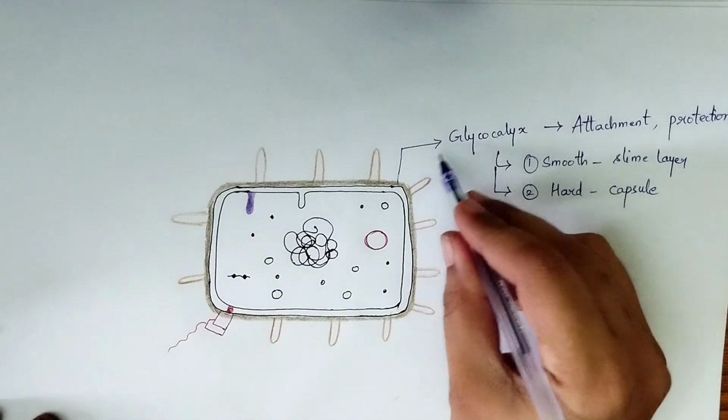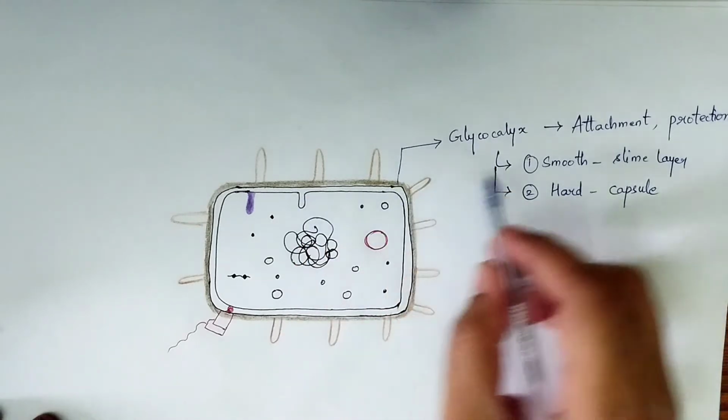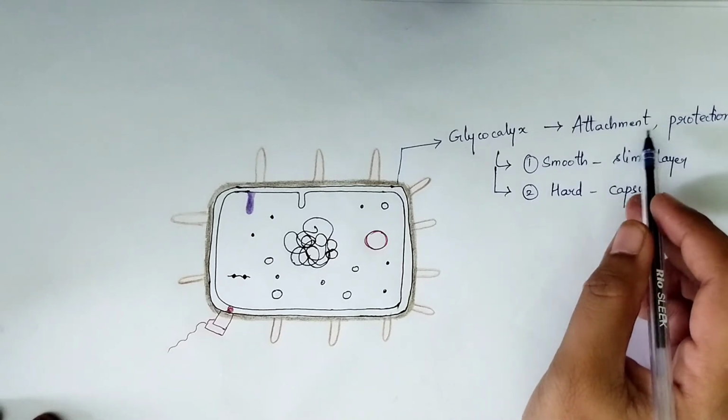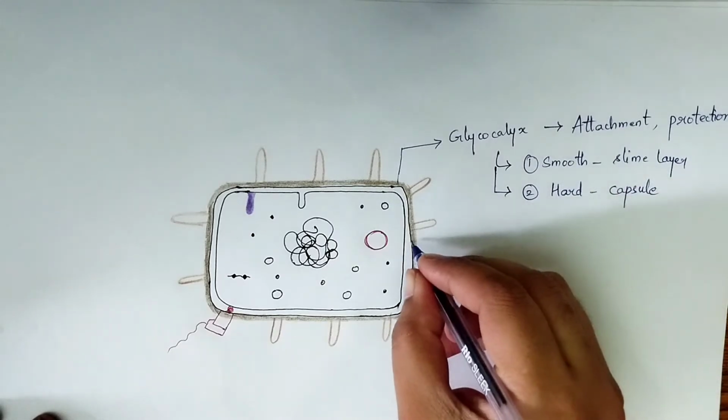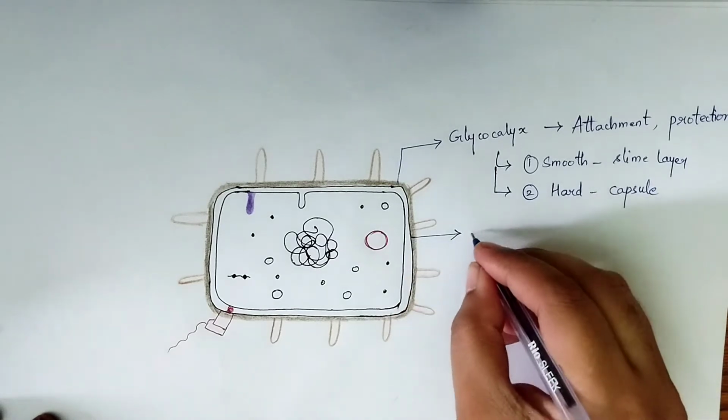So the main outer part, which is the brown color here, is the glycocalyx, which I have surrounded with the brown layer. The main function is attachment or protection. Okay, next, the second layer, we can say, is the cell wall,